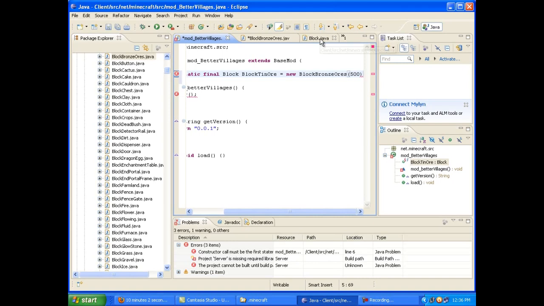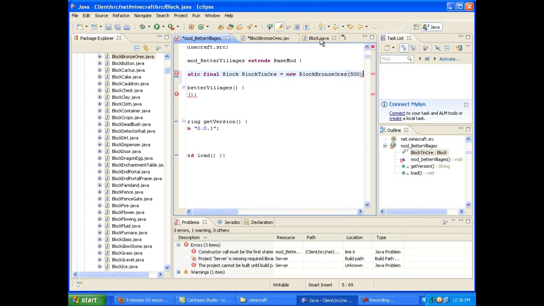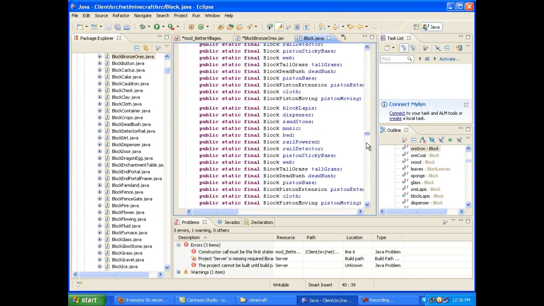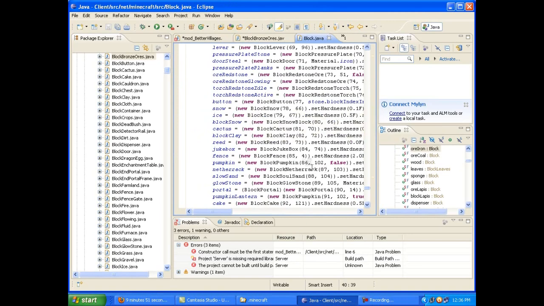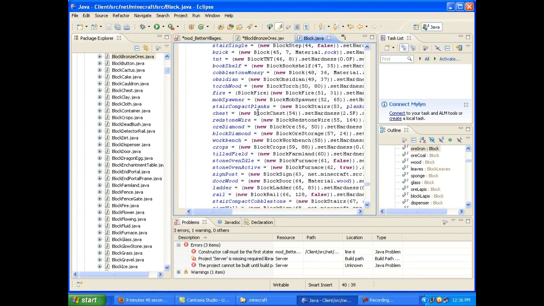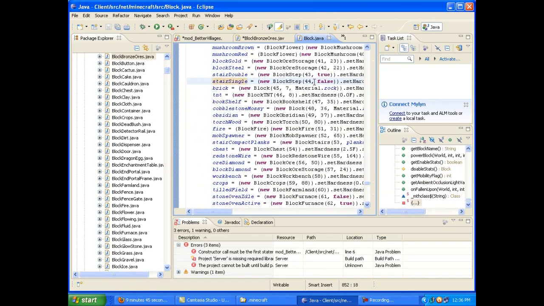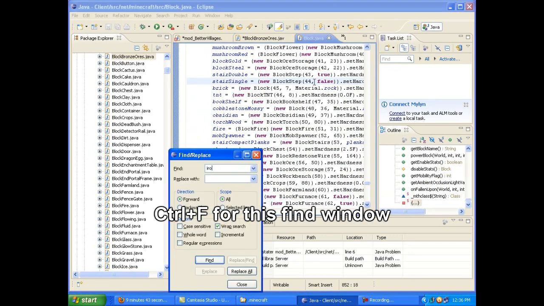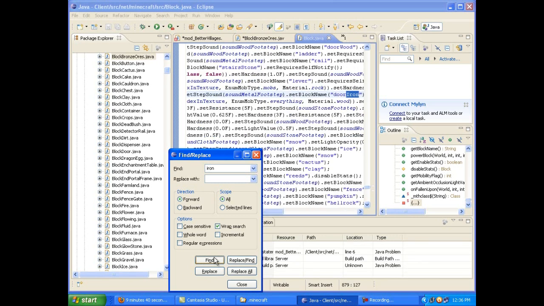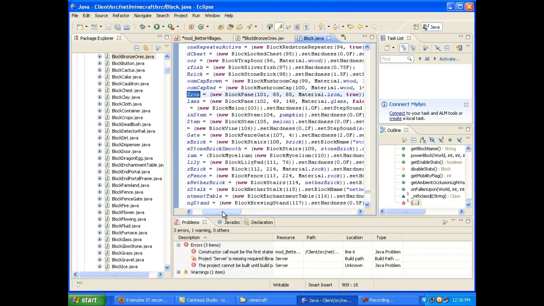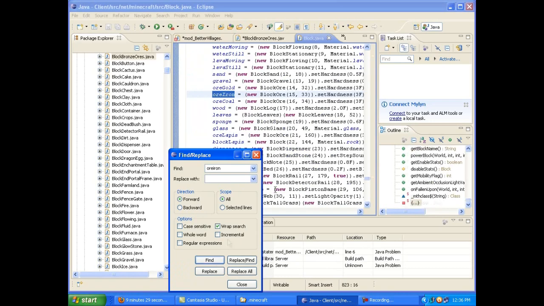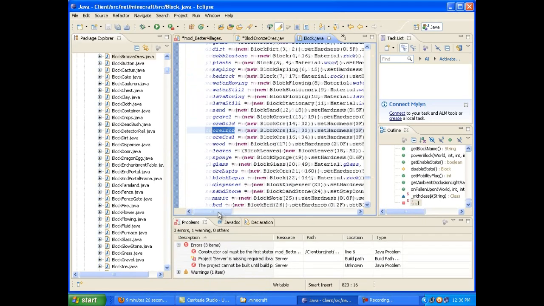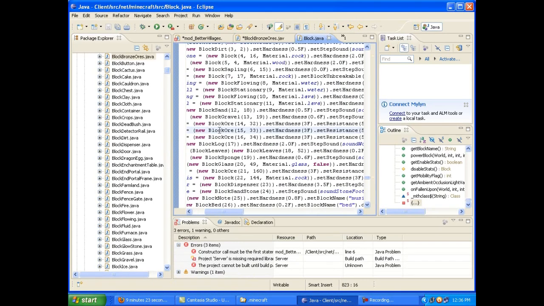Then afterwards, let's head back into block to get a couple more examples of how blocks are initialized. If you scroll down to the bottom here, you can see that the blocks it created up top are getting all kinds of information pumped into them. So, continuing with the example we had before, let's look for iron. Okay, one sec. Ore iron. There we go. So you can see that ore iron equals new block ore.